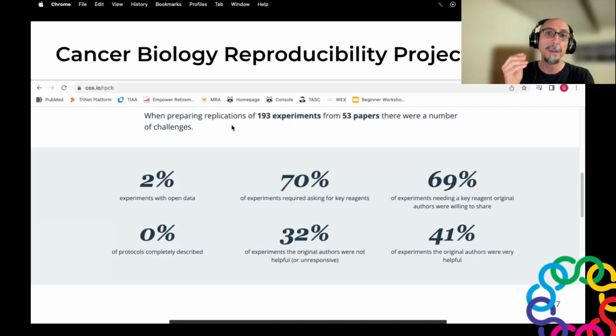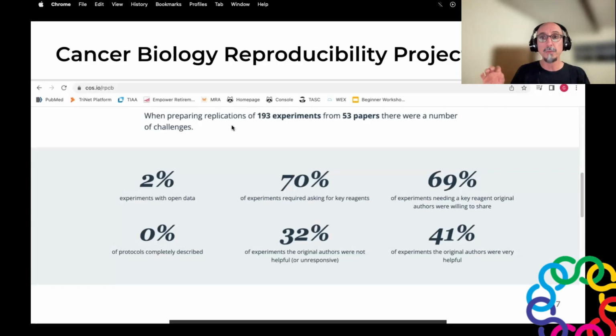What the reproducibility project researchers discovered very soon after the project began is that it is very difficult to replicate previously published work. There are several reasons why this is the case, but one of them is that the original researchers didn't document in their articles with enough detail what they did and how they did it.